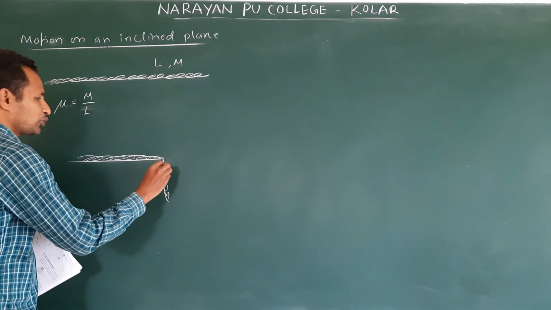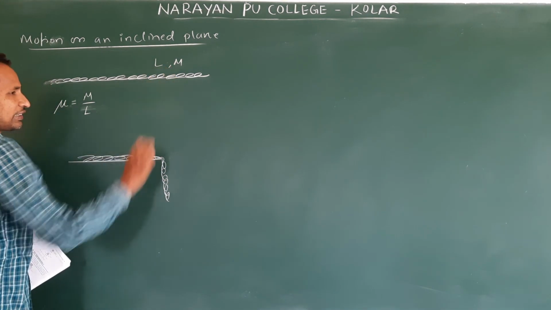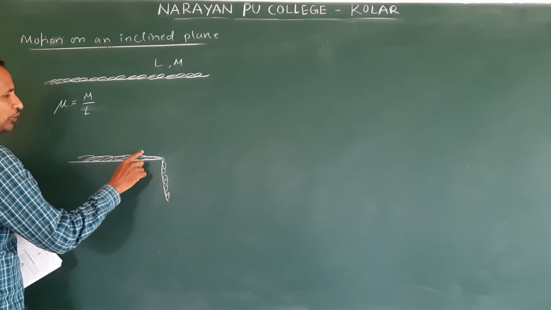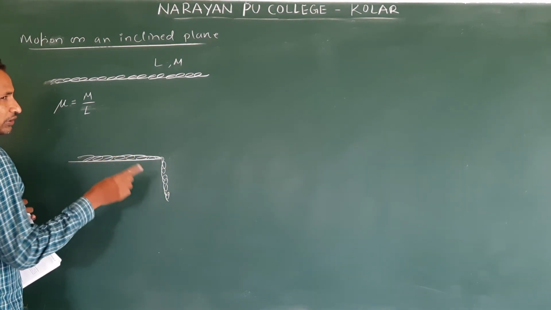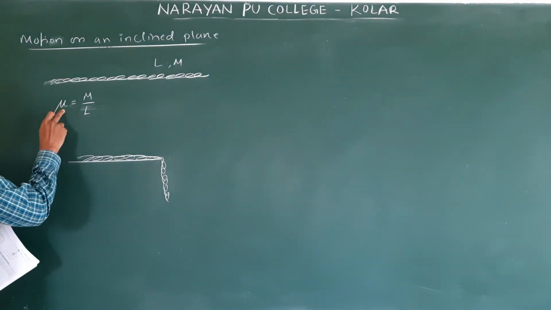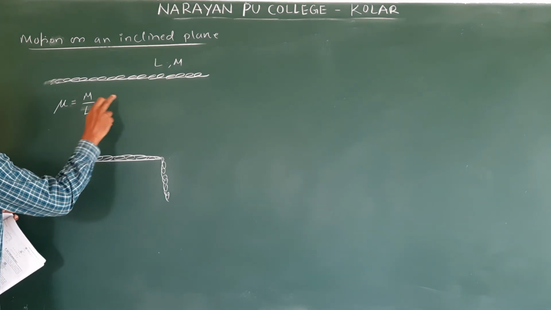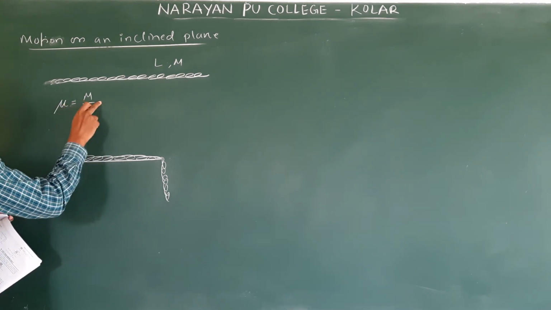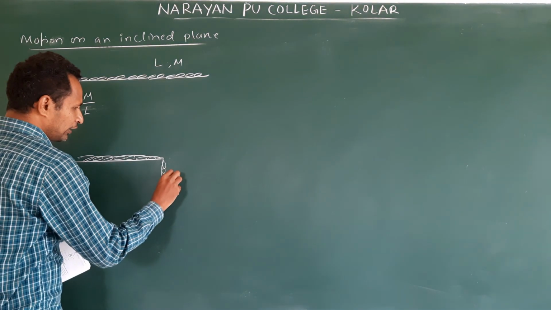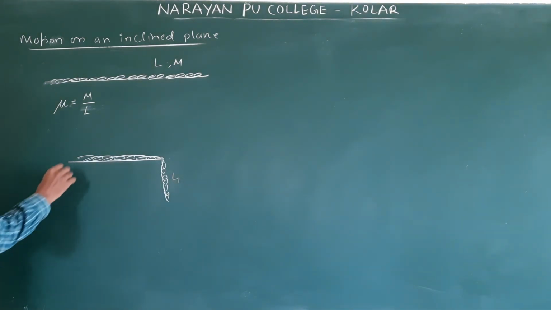Then how do we come to know this mass and this mass? We know the total mass as M, but the hanging portion and the portion lying on the table, we cannot know their masses. So to find them, if we take the linear mass density and we know the length, that length multiplied by the linear mass density gives us the mass. Anyway, the L1 portion is hanging, and this is stable, okay.